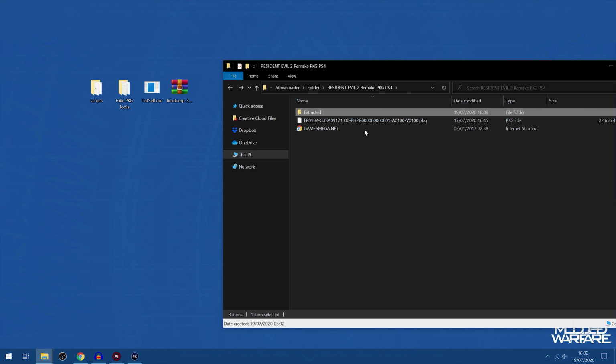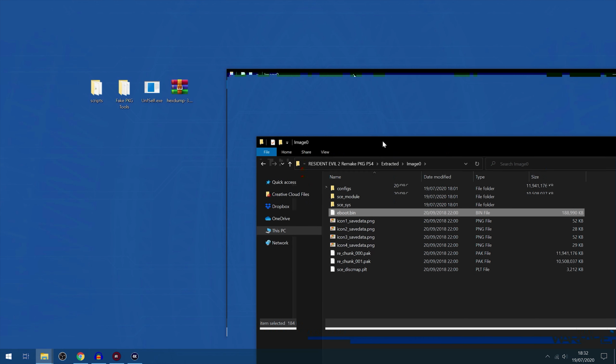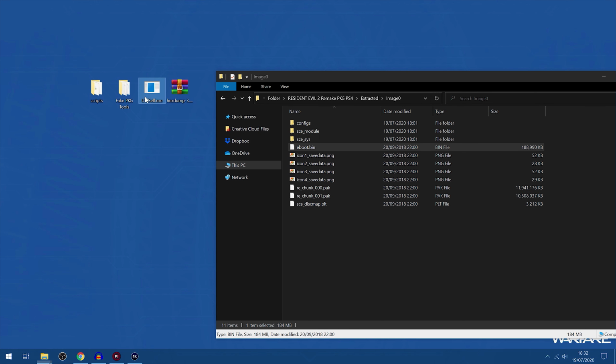Okay, so that'll take a while, but once it's done, you'll have your extracted files. So you'll have the image0 folder. If you go in there, you have all your extracted files. So the first file we need to patch is the eboot.bin. So what we're going to do is we're going to run this unfself, which will basically decrypt the eboot.bin. So in order to run that, we're going to basically open up a command prompt in the location of this